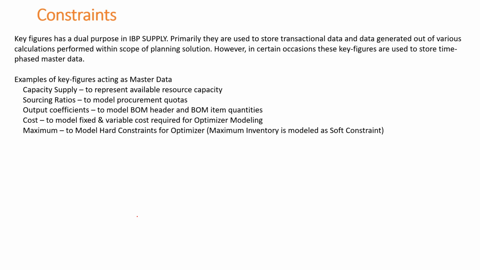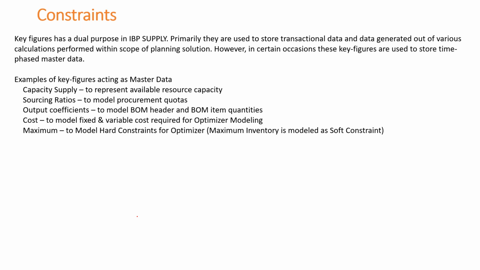compromise on their inventory targets. Because there are high fluctuations in their demands, they want to make sure that if I'm putting up a target that this warehouse should have 10,000 units, the optimizer has to respect it. That means the cost rates have to be so high that the inventory targets are met. So we have to sit with the business, understand what really bothers them, what costs really matter to the business, and then give them the priority. We have to prioritize the costs, and then set them accordingly.